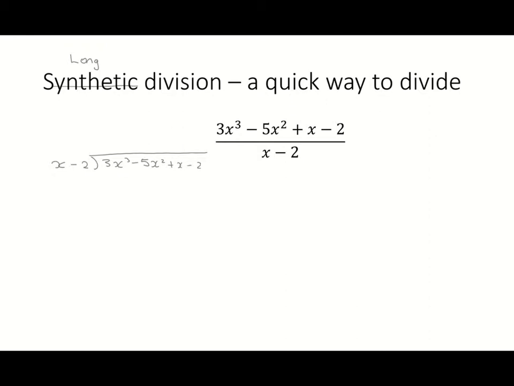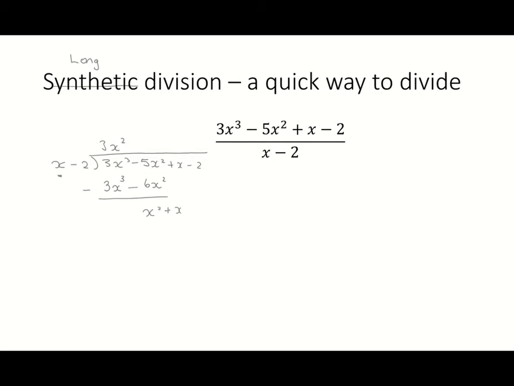So it's the same. How many times does this go into this? Multiply, subtract, bring down, etc. All we do though is, instead of using the whole thing, we just look at the x's. X goes into 3x cubed, 3x squared times. So now we do the multiplication. 3x squared times x will give us 3x cubed, minus 3x squared times negative 2, which will give us minus 6x squared. Subtract just as normal, and that will give us x squared. Immediately bring down